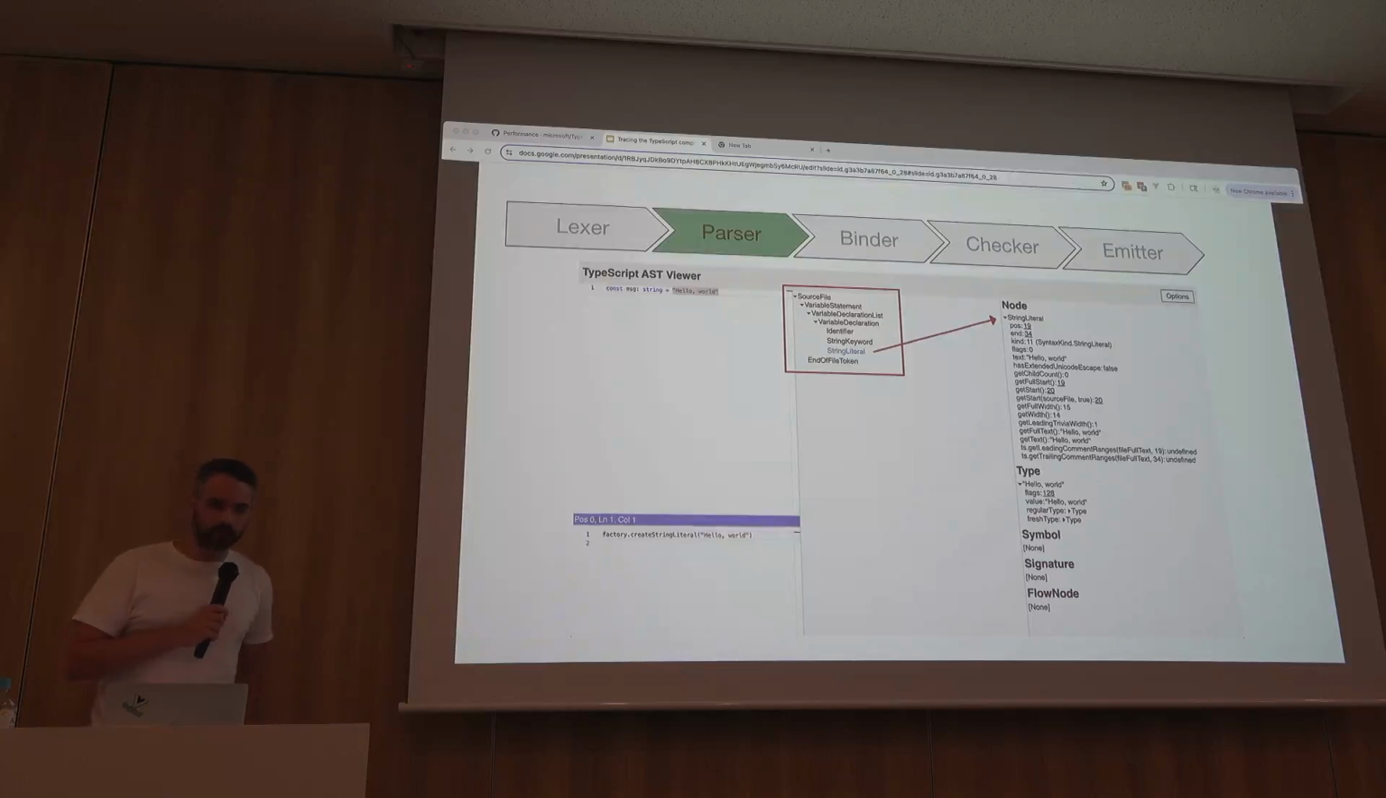This is another photo I want to share with you. This is a screenshot of basically a website you can search, TypeScript AST Viewer. There are AST viewers for every compiler imaginable online. And it helps us, if you want to play with it and understand how the AST works, it will let